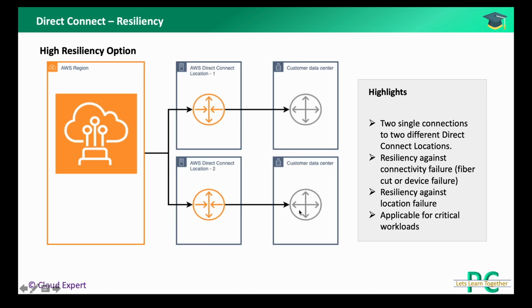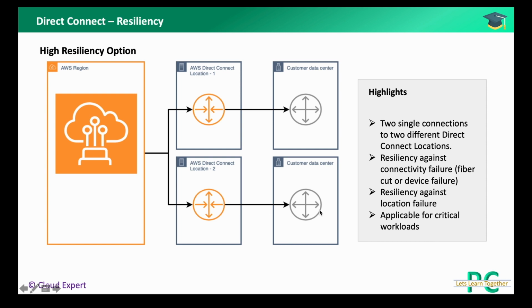Now let's see the high resiliency option. In the high resiliency option, you are selecting two Direct Connect locations, and in every location you have a separate Direct Connect connection. That means you have two single connections to different Direct Connect locations. This will give you resiliency against connectivity failure, that means fiber cut or device failure, as well as resiliency against location failure. If this entire location goes down, then there will be another location which will still serve